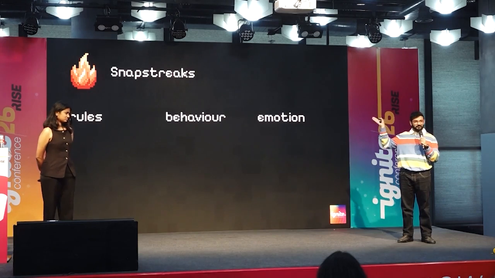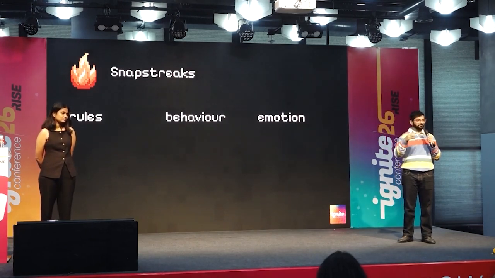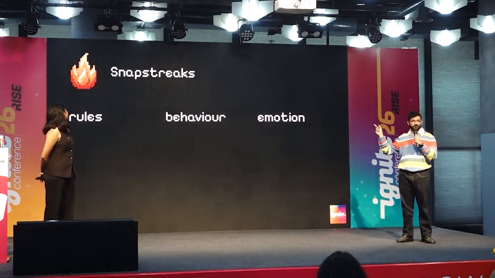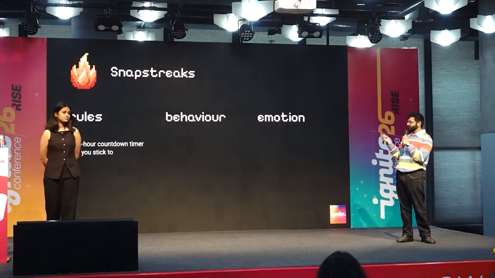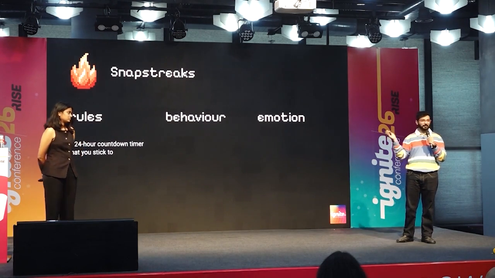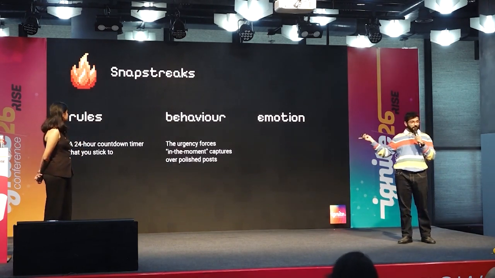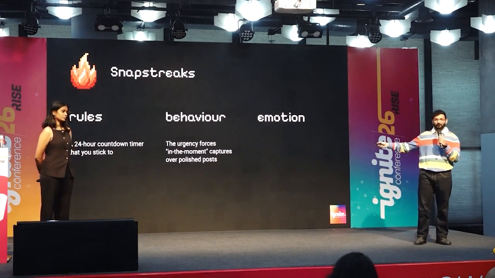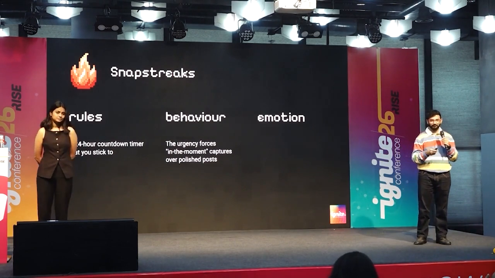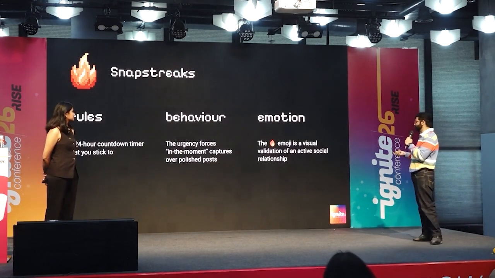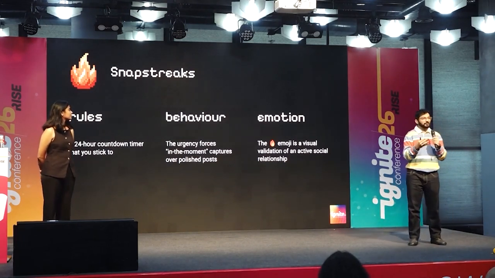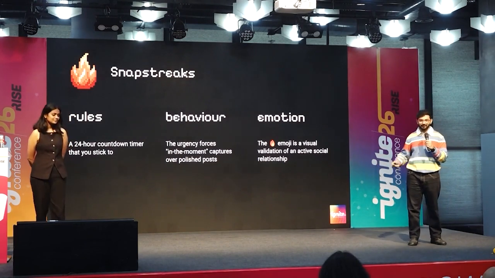Are we familiar with Snap streaks? Yeah, they are there in Snapchat. They're also there in a lot of other things. So if we have to use that rules, behaviors, and emotions framework, this is how it will look like. What's your rule? A 24-hour timer? There's no way you can get around it. There might be extensions or whatnot, right? What is your behavior that emerges out of it? Your photos almost end up being in-the-moment captures. They are not as polished because you don't have the opportunity to polish them as much. And your emotion that is experienced is sort of a visual social proof that, hey, you are very close to this person on social media, right?